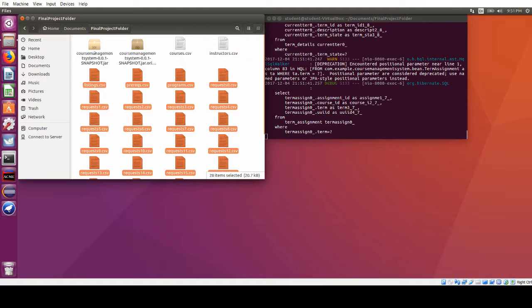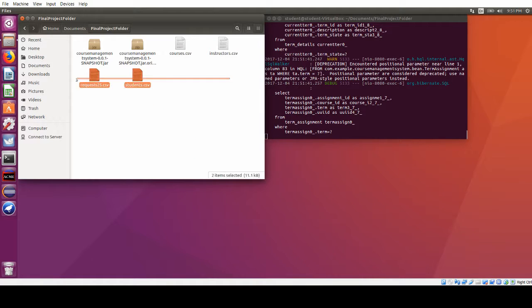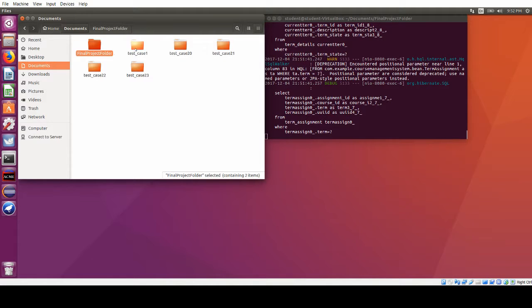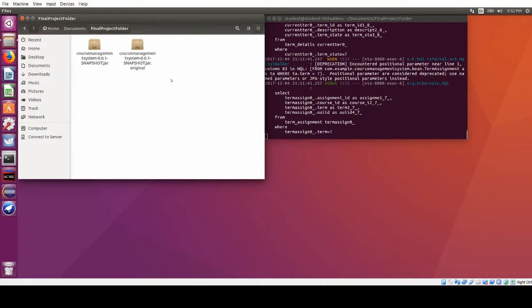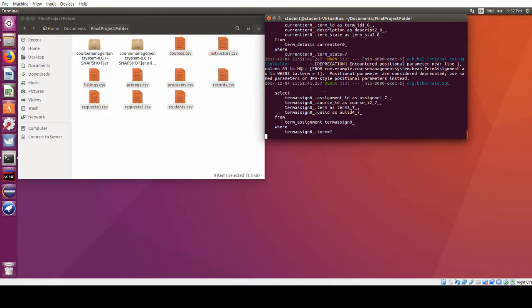So what I'm doing now is that I'm showing you a bug that we're aware of, but this is the workaround. While you're testing, you're going to be changing files, and you can do that. You can delete the files and then paste in some new test files. So that's what I'm doing now. I'm adding new test files. I've also closed the app